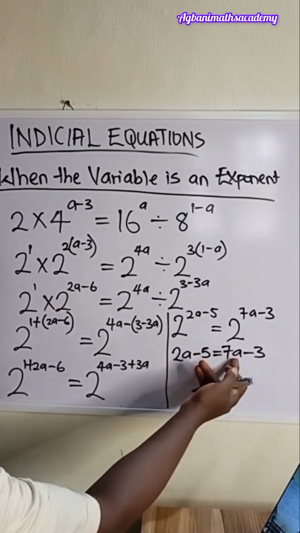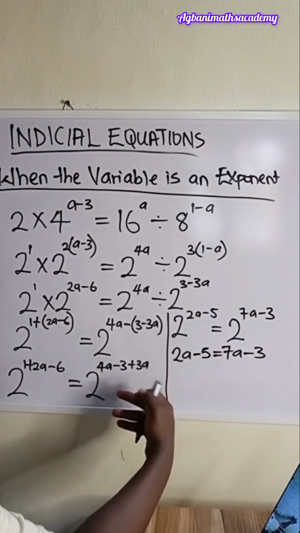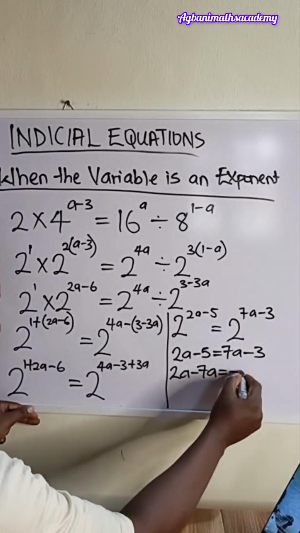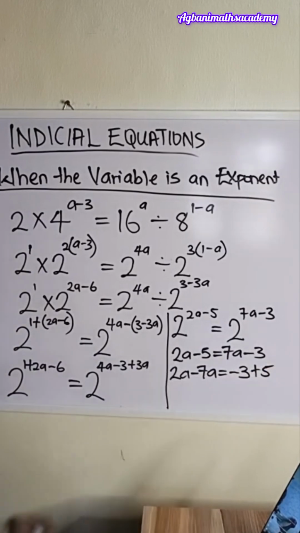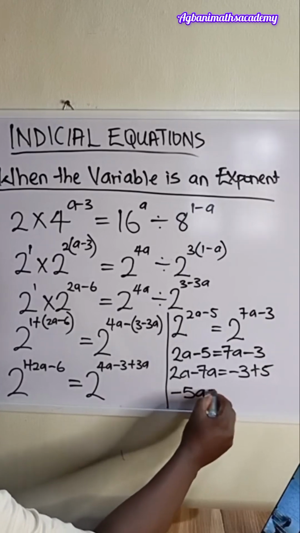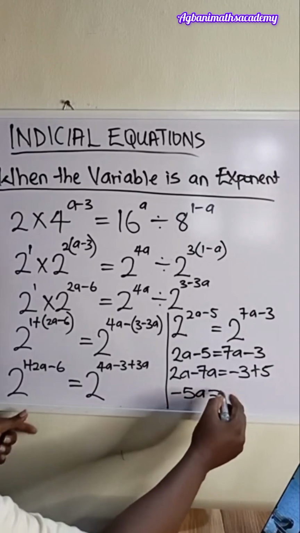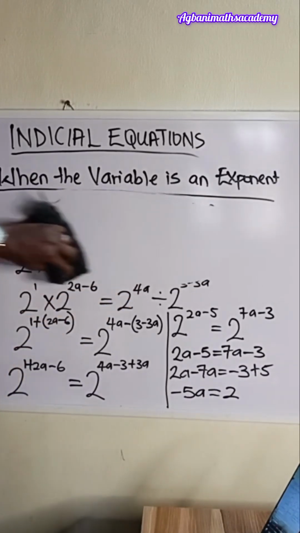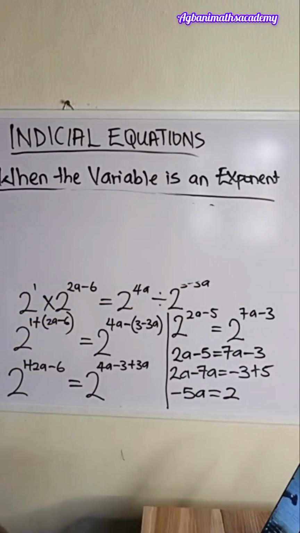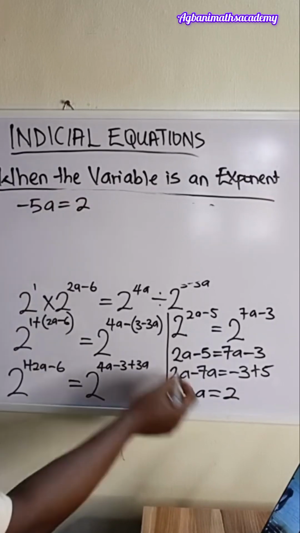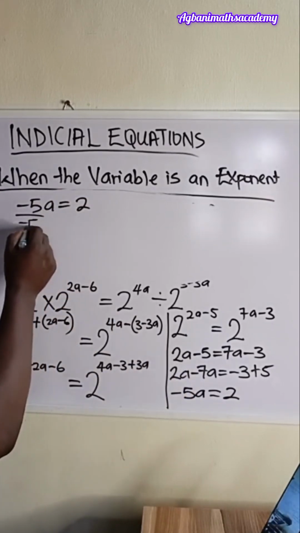So we move similar terms to one side of the equation. So we have 2a minus 7a is equal to minus 3 plus 5. 2a minus 7a is going to give us minus 5a. Is equal to minus 3 plus 5 is going to give us 2. Okay, so let's conclude with this. So we have minus 5a is equal to 2. That's what we have. So if we divide both sides by minus 5,